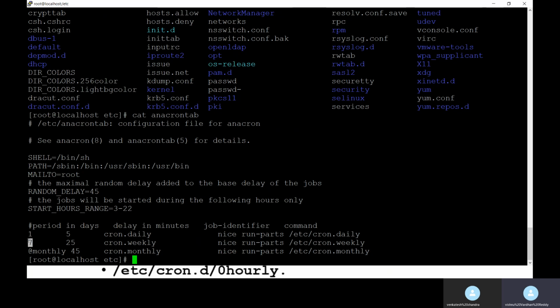And then monthly. This kind we call macros, so there is monthly and weekly. We can give the number, or else you can mention the string directly, monthly, and then the delay is 45 minutes.